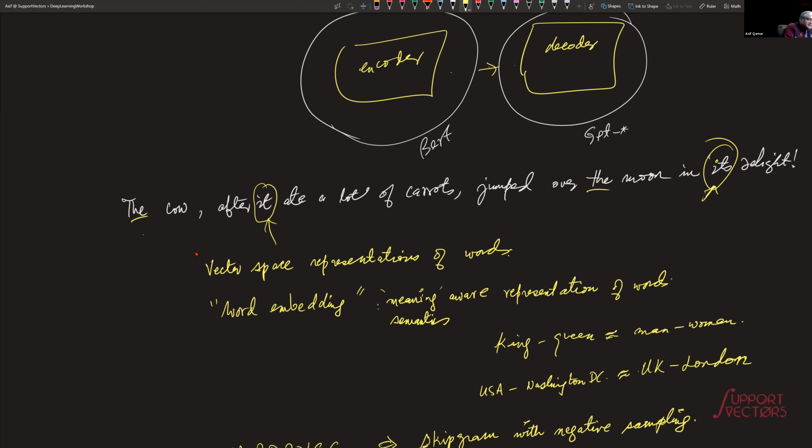So what will happen is that the word vector for "the" will be the same at both the locations. But what about the position vector? This will say position 1, and this will say position 1, 2, 3, 4, 5, 6, 7, 8, 9, 10, 11, 12. Somehow the 12th position will be encoded here, right? It won't be the number 12. It's a little bit more complicated than that, but somehow